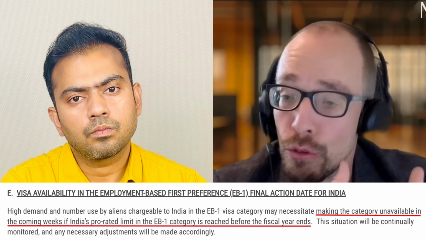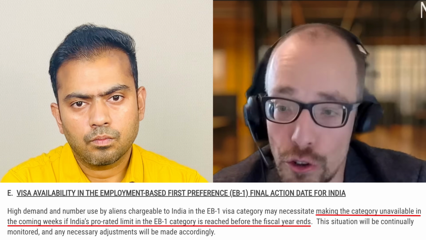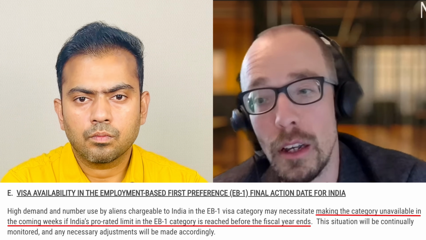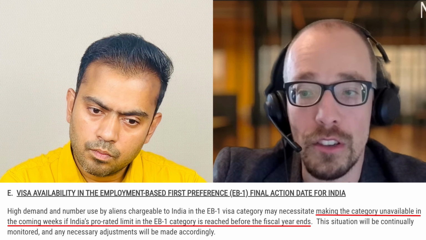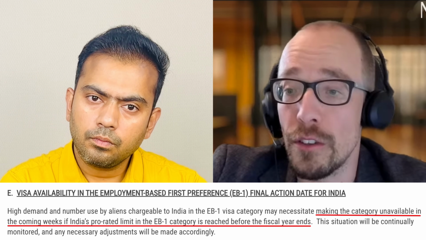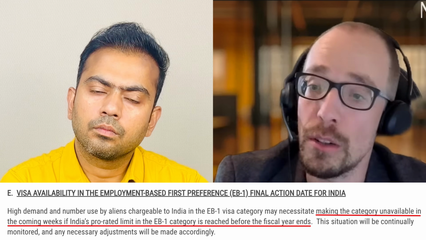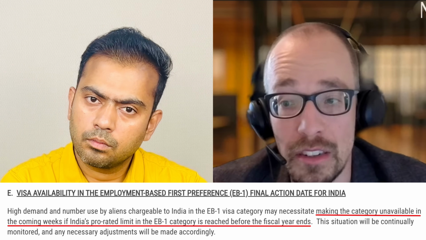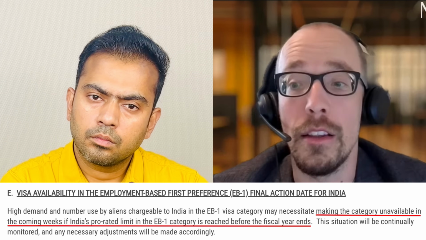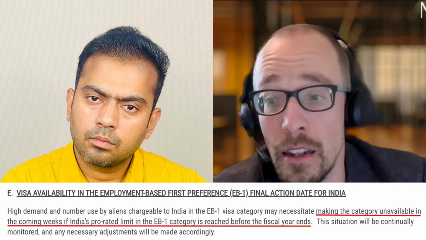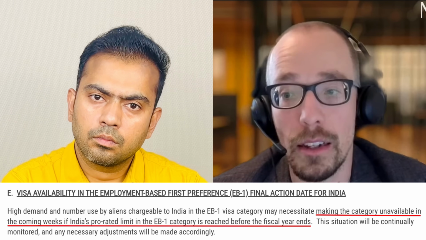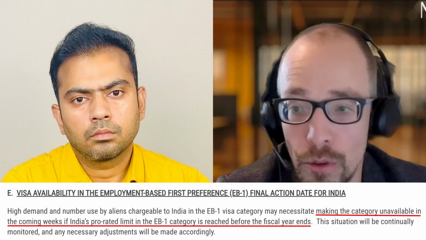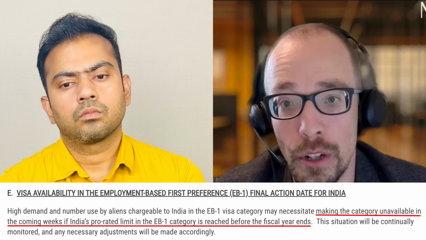But after you do your fingerprints and potentially an interview, or maybe they skip it, the last thing the officer does before they approve your case is send a message in their system saying, I want to know if there's a visa number for this case because I'm just about to approve it. If they get a reply from DHS saying no, there are no visa numbers available, then the officer will just put the case aside and leave it pending, but they can't approve it yet, right? And then later, when there are visa numbers available, they have to go back to it, and then they can finally approve it and print your green card.